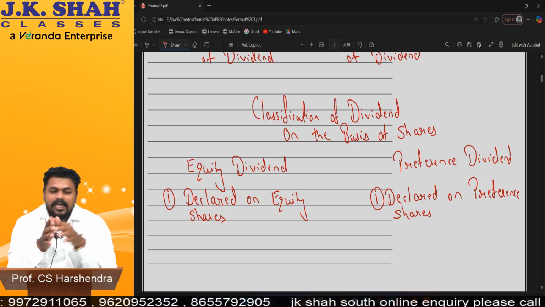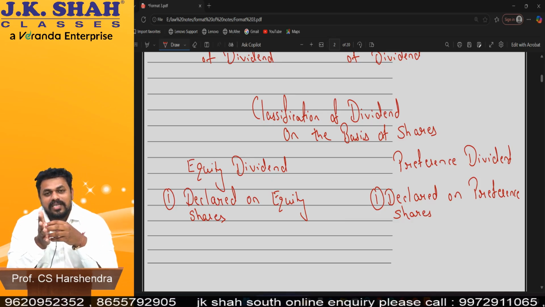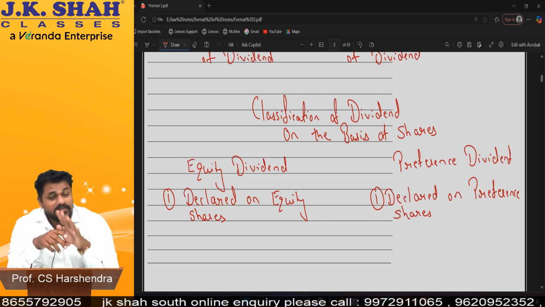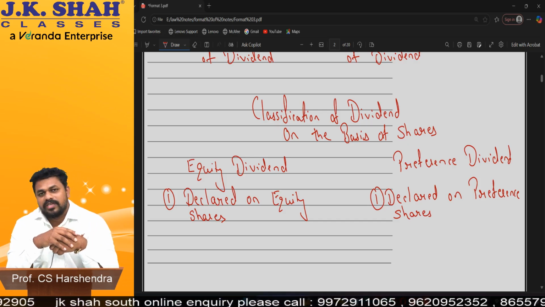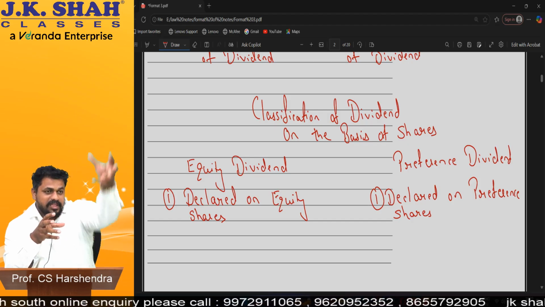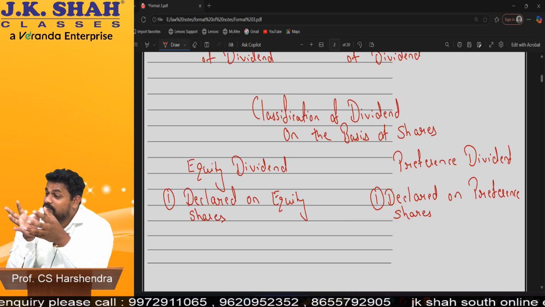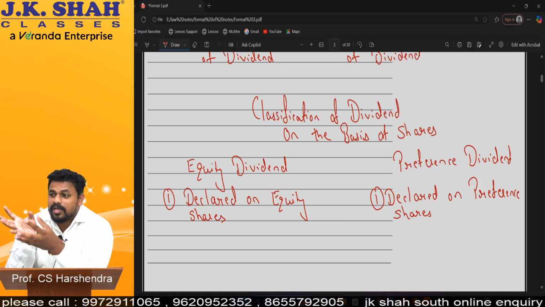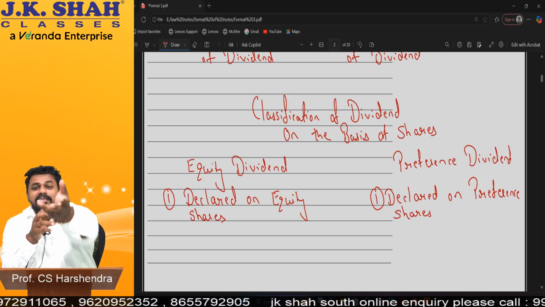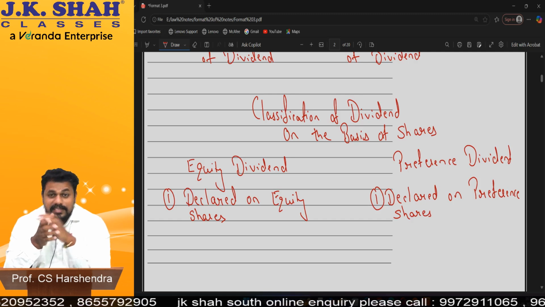Sir, then what is preference share? Sir, which is not equity. No, not like that. Preference share means a share on which, if I get any one of 2 preferences, then I am a preference shareholder. First is preference on payment of dividend. For example, first you online people will get dividend, and if any money is left, then this offline people will get dividend. So you are preference, they are equity. That is payment of dividend.